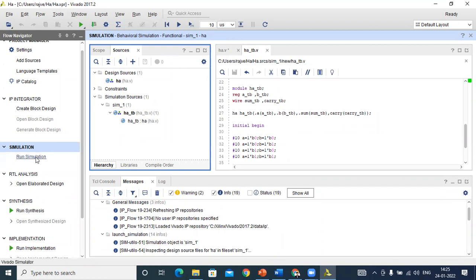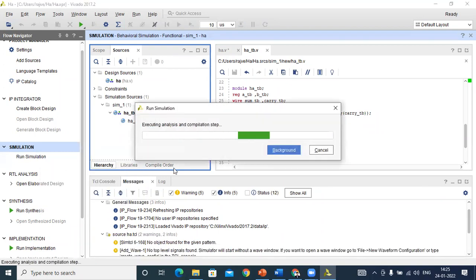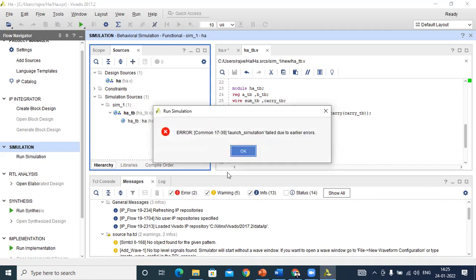After that, simulation. Getting some error.